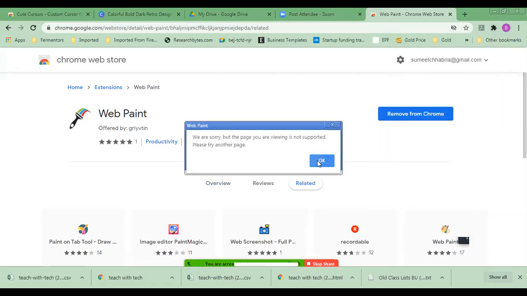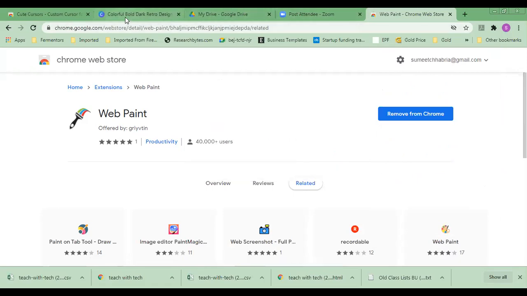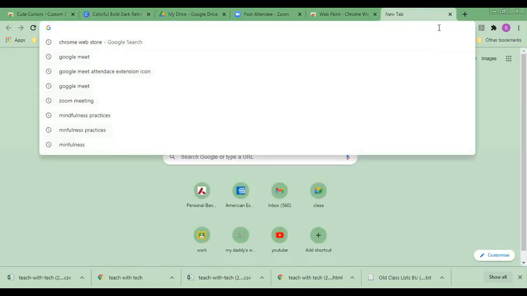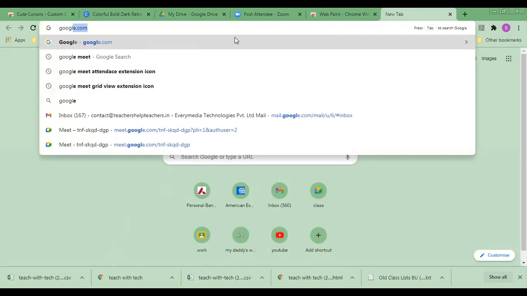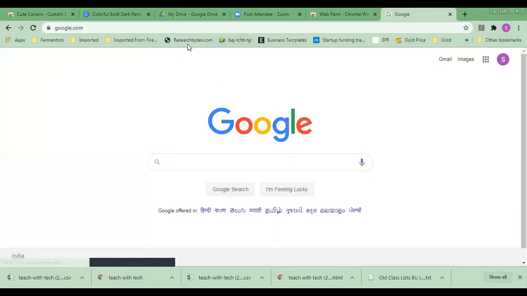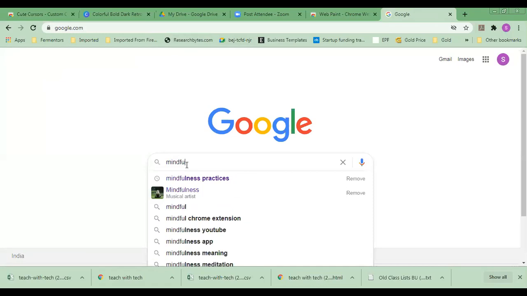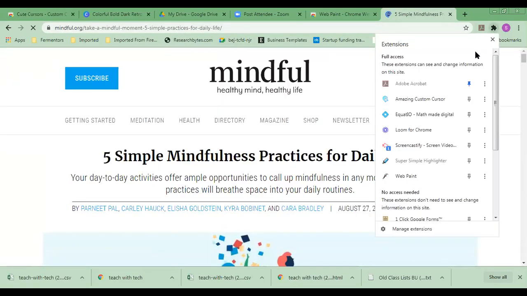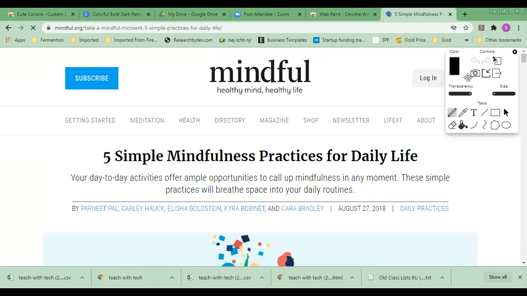We are sorry, this page is not supported. I know this page will not support it, so I'll probably go to, maybe I will open up some document of mine, or let's say Google. I'll just open up a document. Now let's see how I'm going to be using this tool over here. So I get this. Now when you open the web paint tool, you get this pop-up,